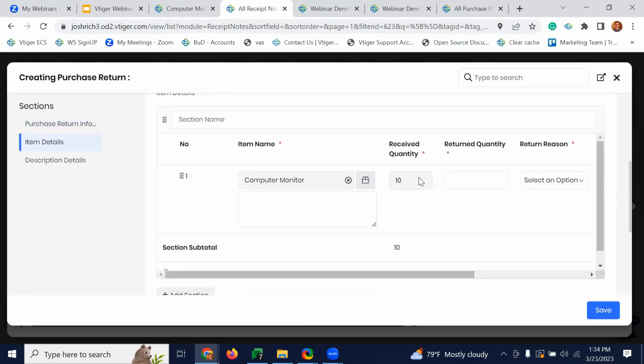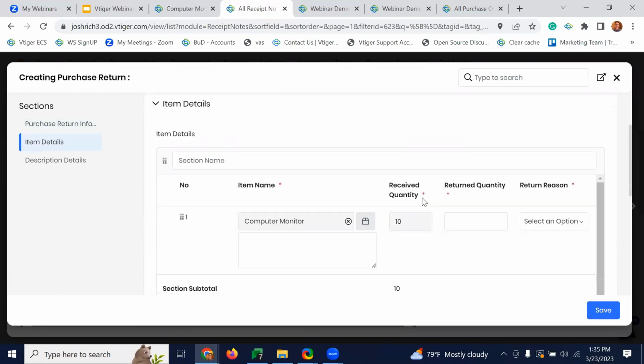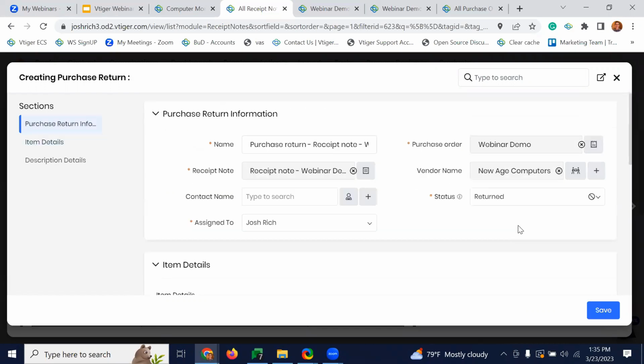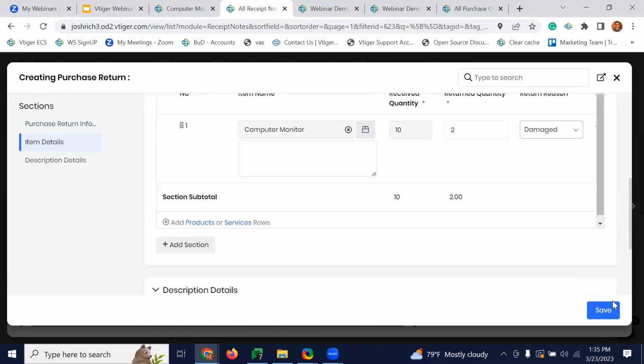And when we go down to the bottom here, again, it's going to pull in that original quantity from the receipt note. But we want to adjust this. So we want to have the return quantity be 2 for our 2 defective products that are going back. And then we want to mark those as damaged is the reason for the return. Once we click on save